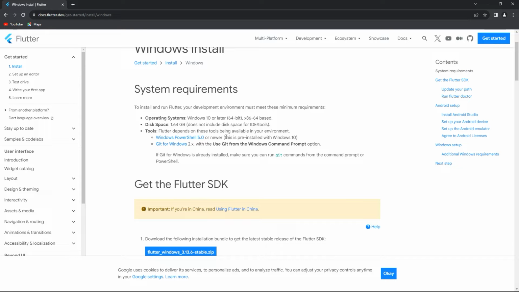After that, we have to have Windows PowerShell 5 or newer. If you have Windows 10, as I have, it's pre-installed. But if you have Windows 11, you should install it yourself. And also, we should have Git for Windows. So we're going to click on this link